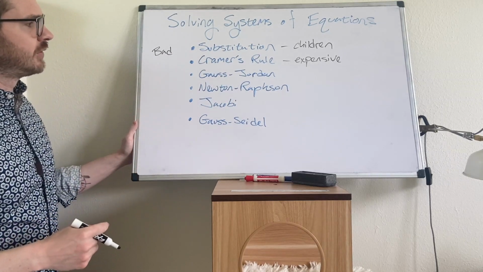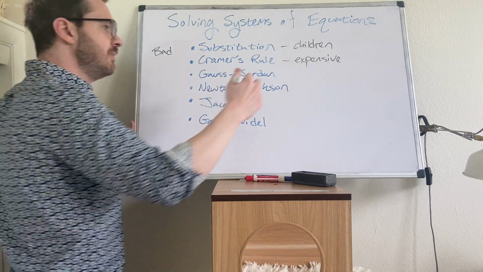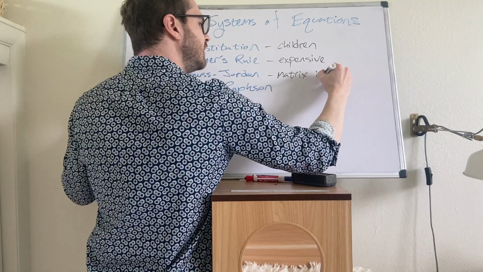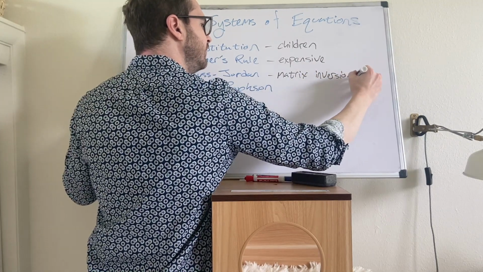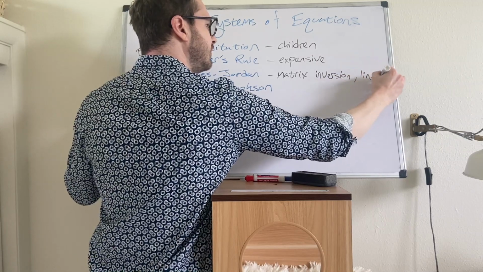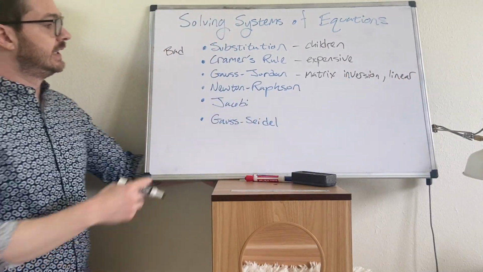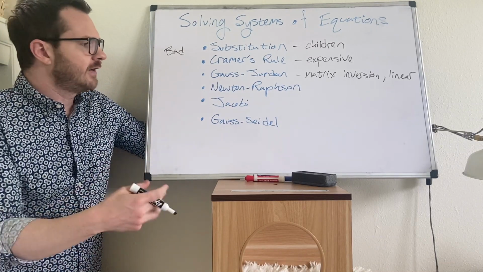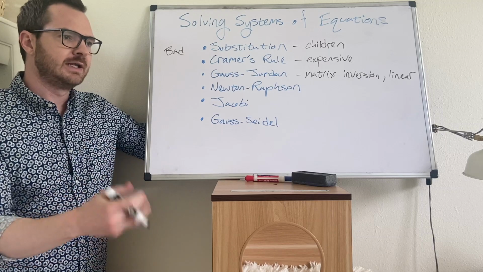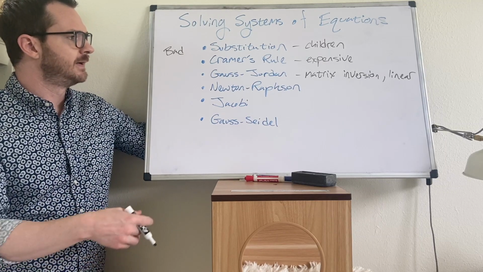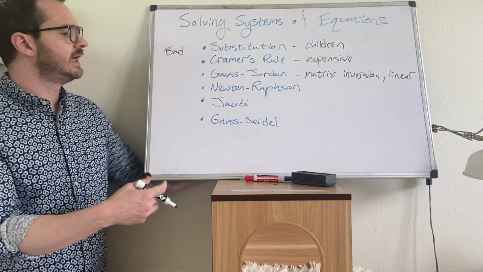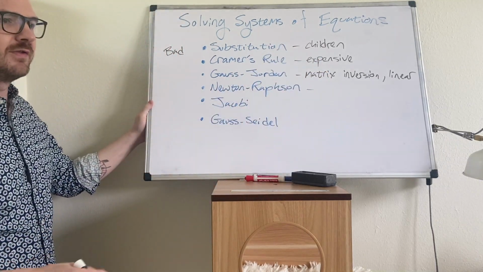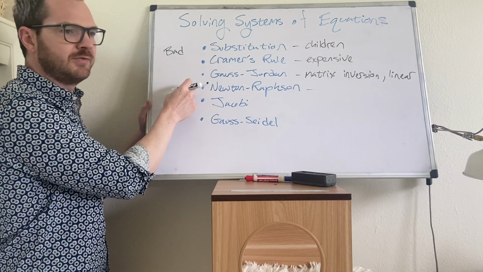We talked about Gauss-Jordan in a previous video. This is matrix inversion. And this can only be used on linear systems. Next, Newton-Raphson. Newton-Raphson is the de facto method for solving systems of nonlinear equations. It's fairly fast, and for example, most software tools for solving systems of equations are going to use Newton-Raphson as